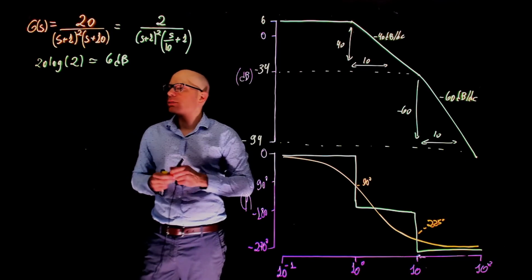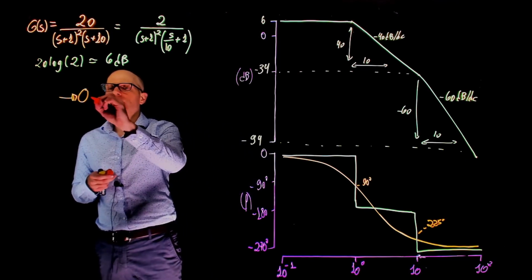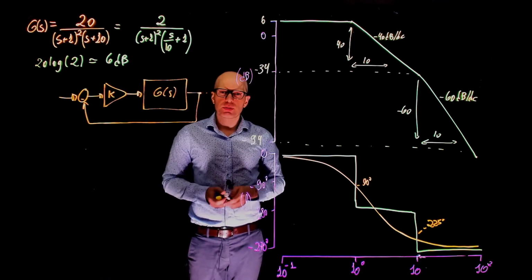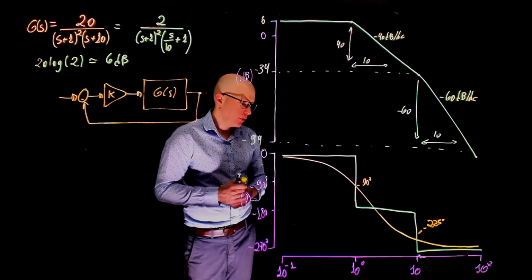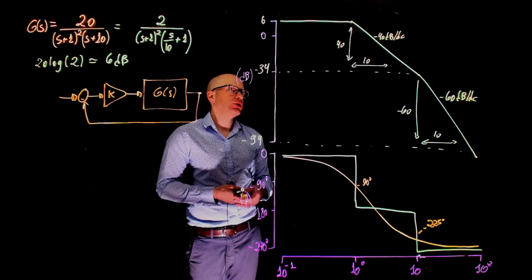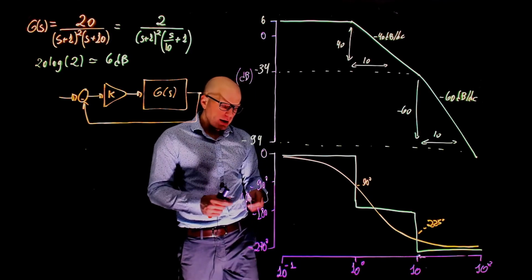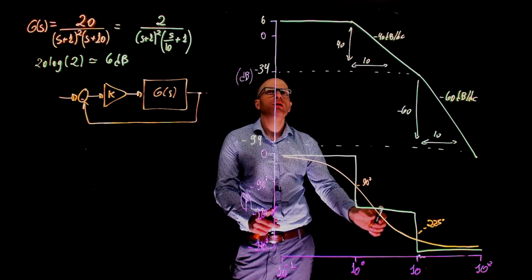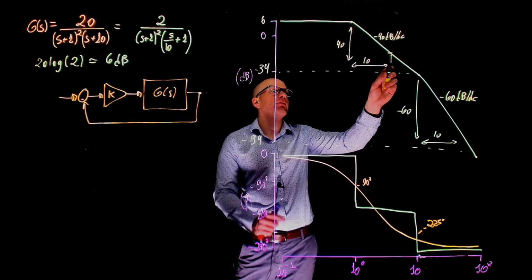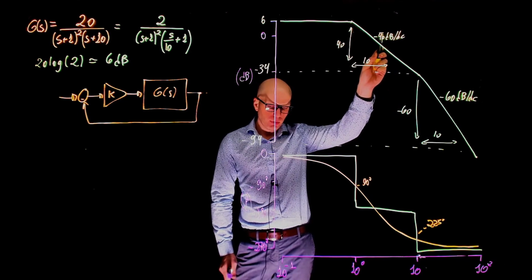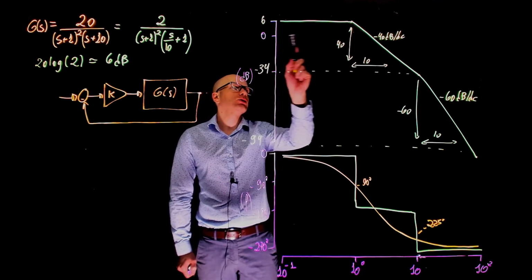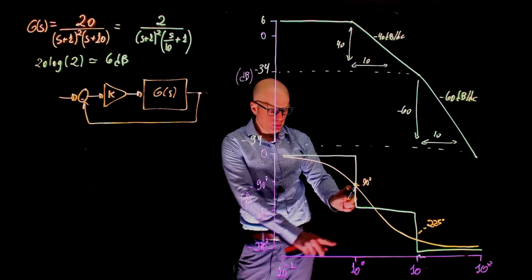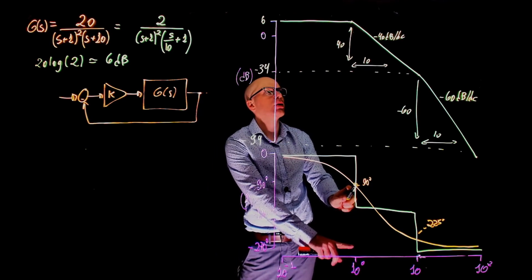If we take this system and put it in a closed loop feedback system like this one, is this system closed loop stable or unstable? Clearly it will depend on the value of k, because now the phase and gain margin here are visible. The gain margin is where we cross negative 180, around here, and we have a maximum value of k before this point goes up to 0. And the phase margin is at the crossover frequency, we are around here. When you go down, we are at around negative 90 degrees, so we have around 90 degrees of phase margin,